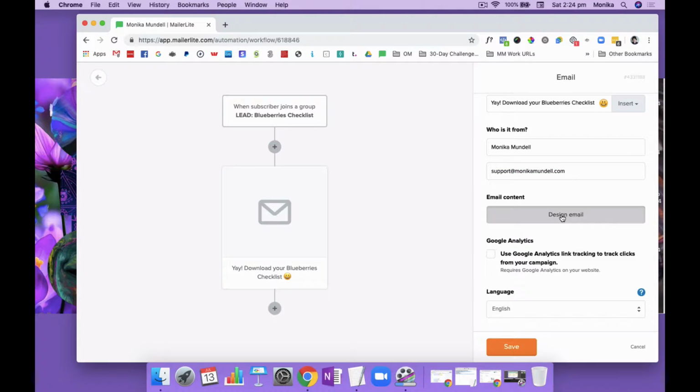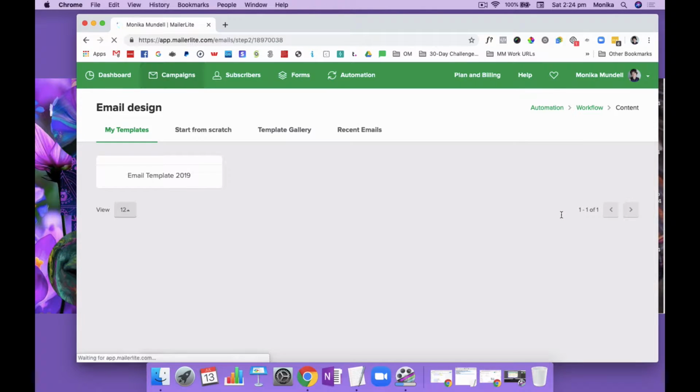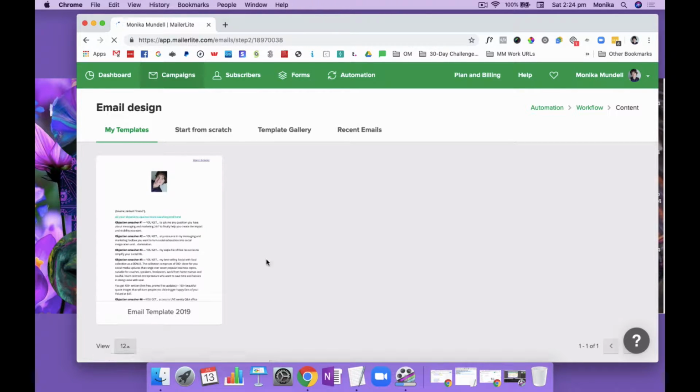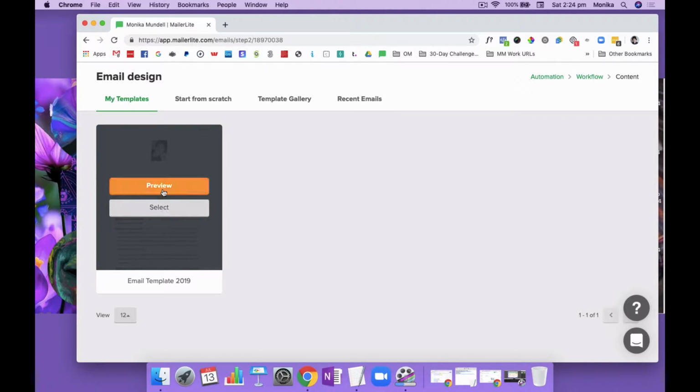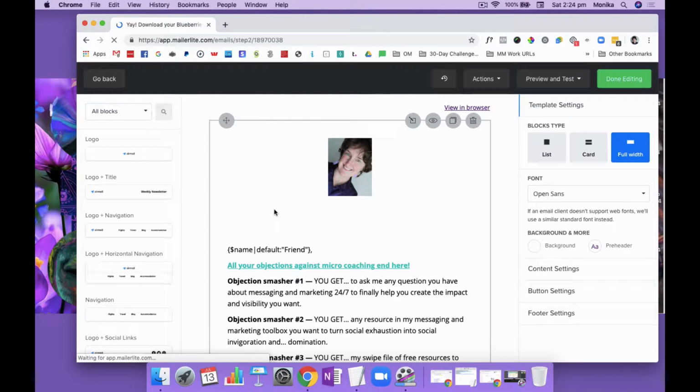And then the next thing is you want to design the email. What I normally do the first time is I would start from scratch, but that's the email template 2019, so I would just use that. And it's just a basic text email. I don't like formatted emails because they lower your delivery rates with your internet service provider. So having basic formatted emails, the less images you have in the email, the less videos, the better for you. It doesn't mean that you can't use images or video, but just keep it